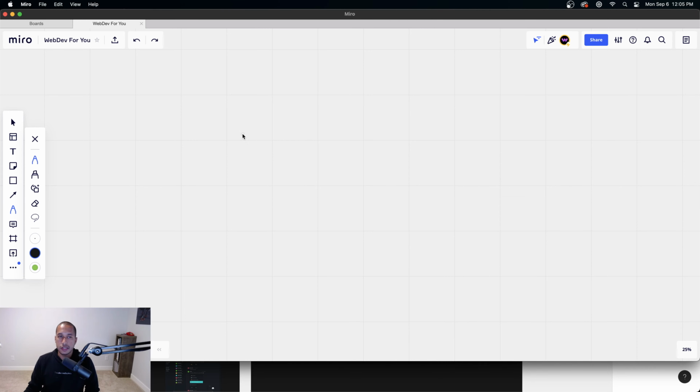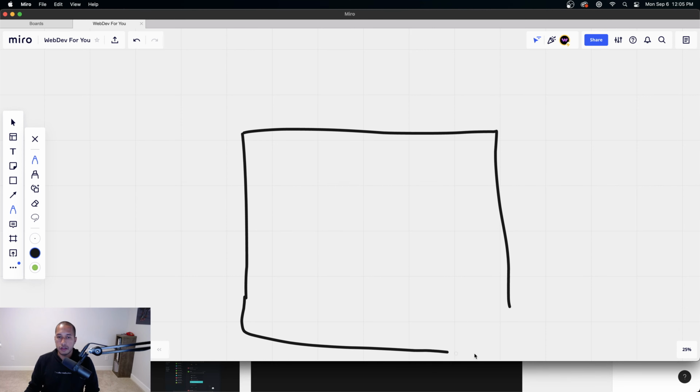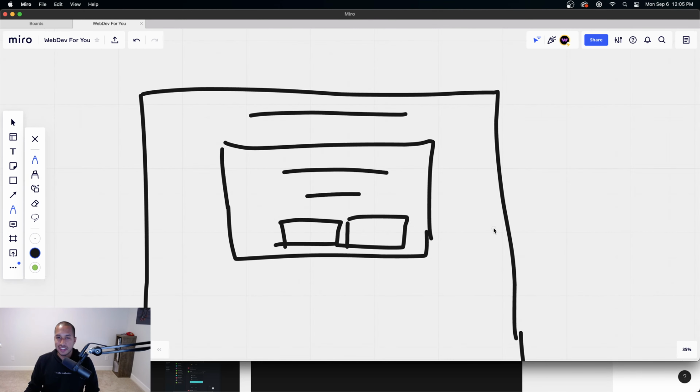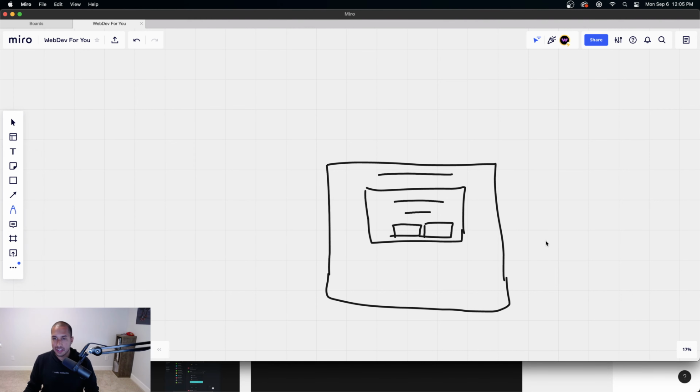Because there's 4 images, we have the nav bar, and then we have this container, and this container has the heading, the subheading, and the buttons. I'm just trying this out, so let's see if it works out. All right, and so then for the images, there's 3 images, but I'm gonna put them in